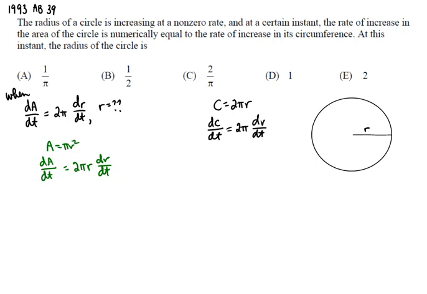Now we're looking for the time when dA/dt is equal to 2 pi dr/dt, and so if we were to rearrange the terms on the right side, we would get that dA/dt is equal to 2 pi dr/dt times r. And since dA/dt is equal to 2 pi dr/dt, both of those will cancel, and we'll get that r is equal to 1,